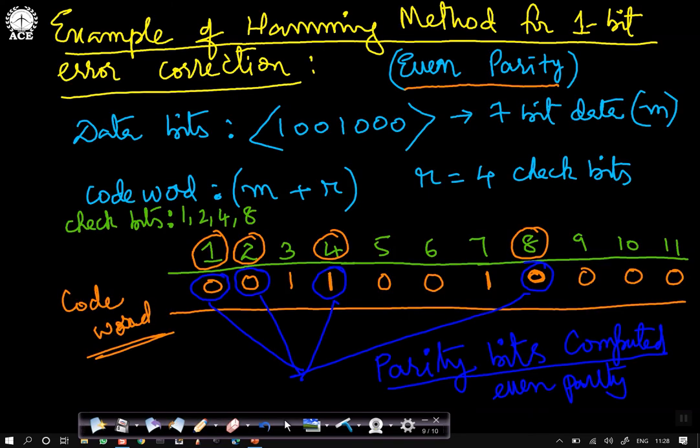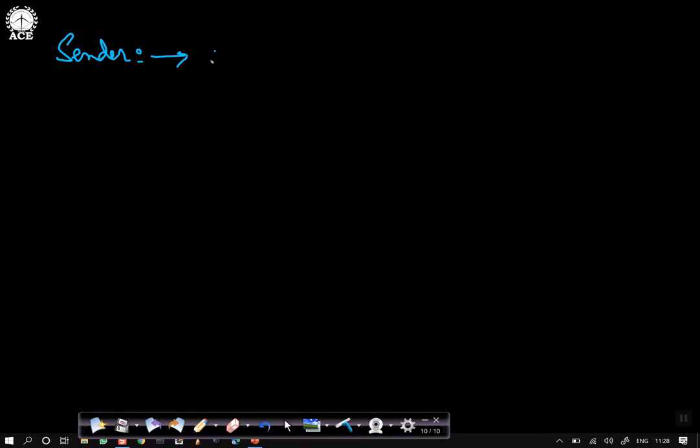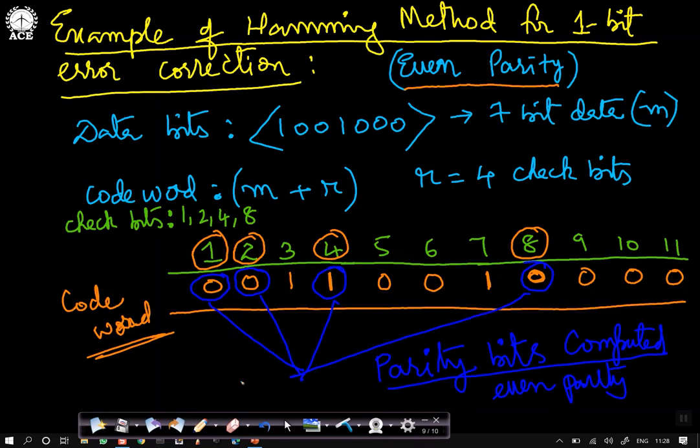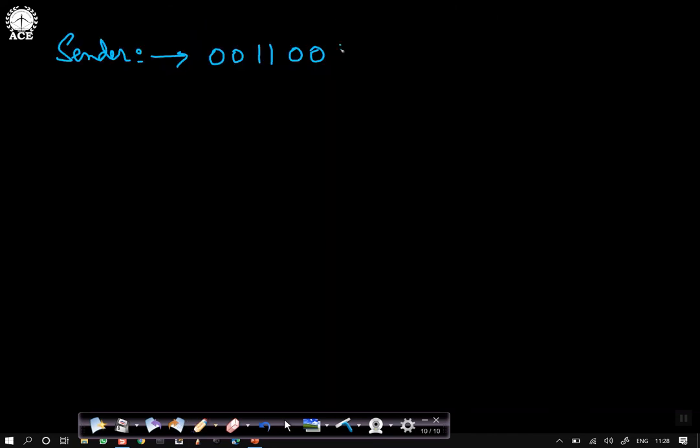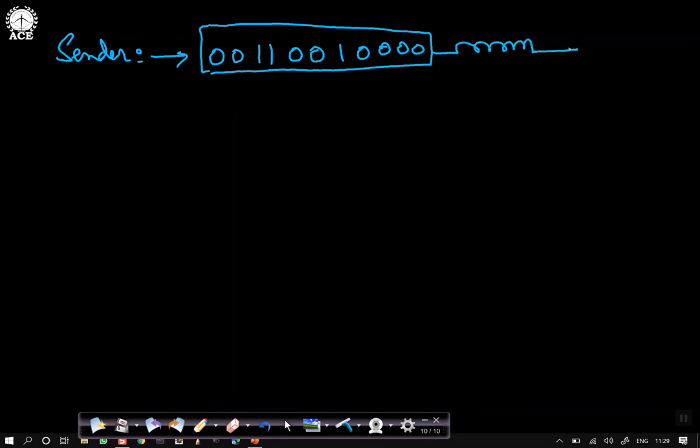The sender sends: 00, 11, 00, 00, 11, 00, 00, 11, 00, 1 followed by 4 zeros. Suppose this is the code word sent by the sender. It goes through the communication channel and comes to the receiver.